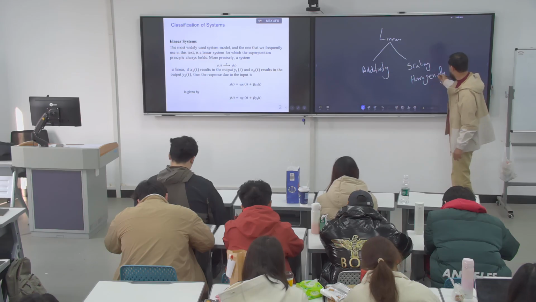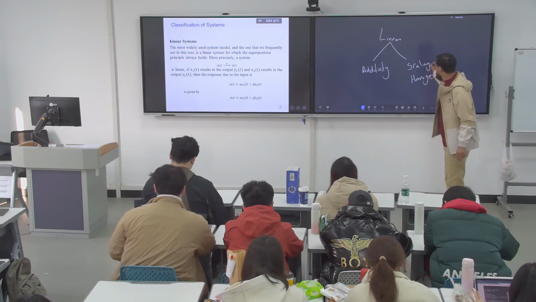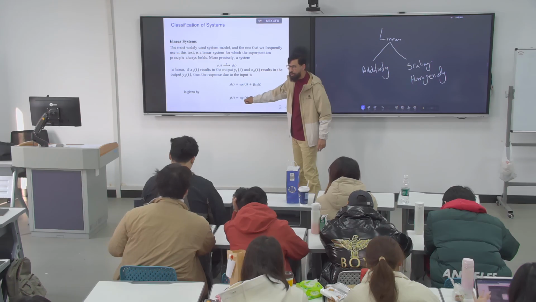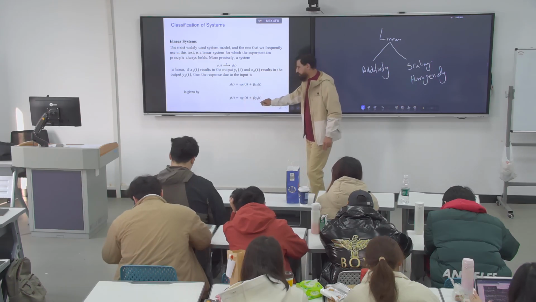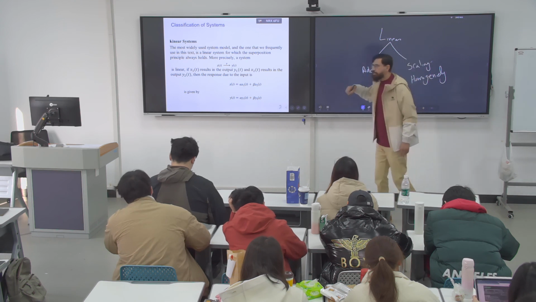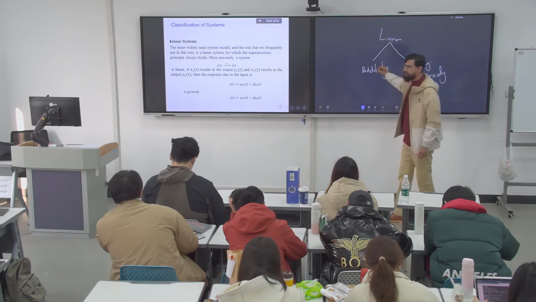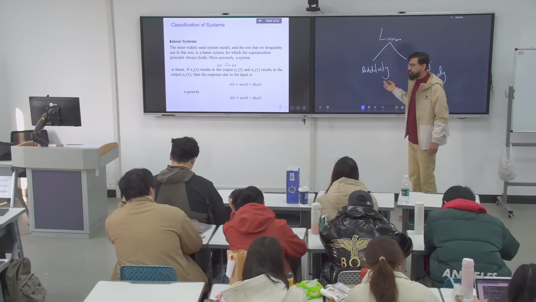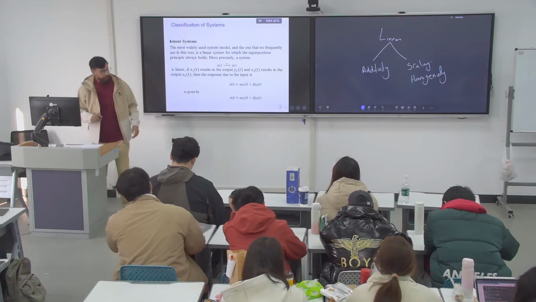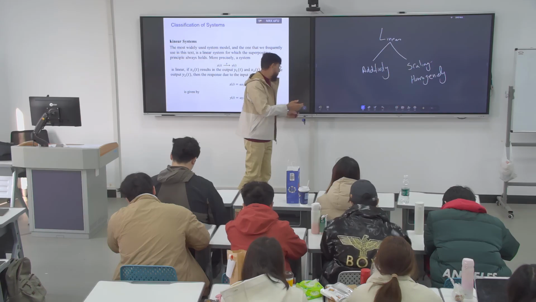Homogeneity. I don't know how to spell it. It's scaling, right? So here, scaling is there: alpha x1, alpha y1, beta x2, beta y2, plus additivity. Both properties have to be satisfied in order for a system to be linear. If any one fails, then the system is not linear. So this is what a linear system would be. It has to follow additivity and the scaling property. Both have to be